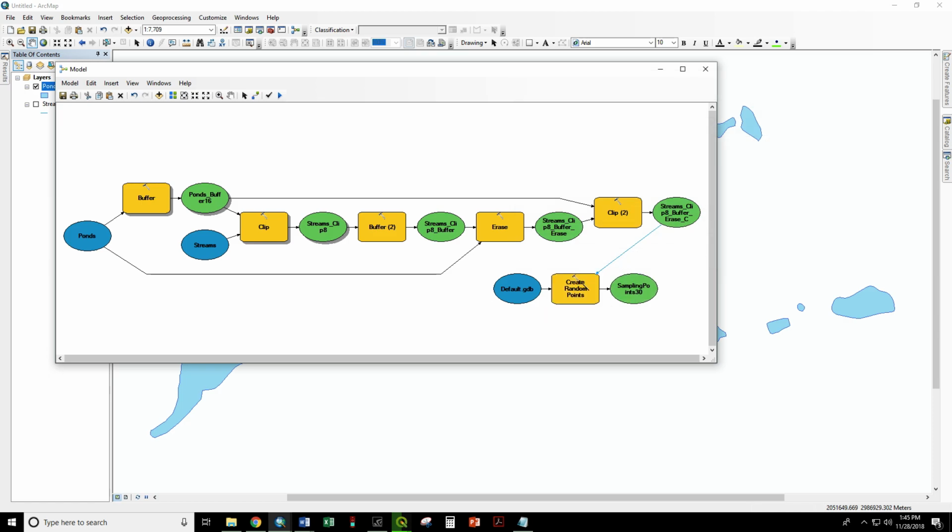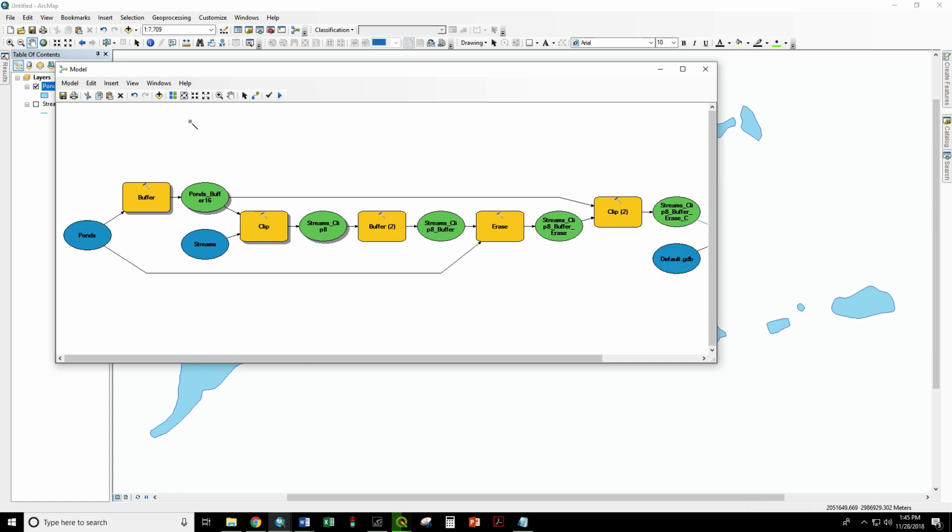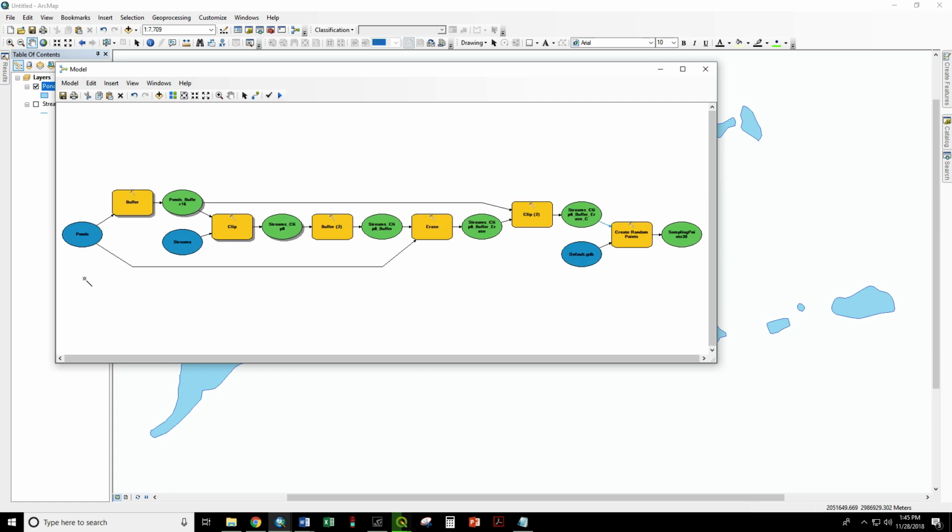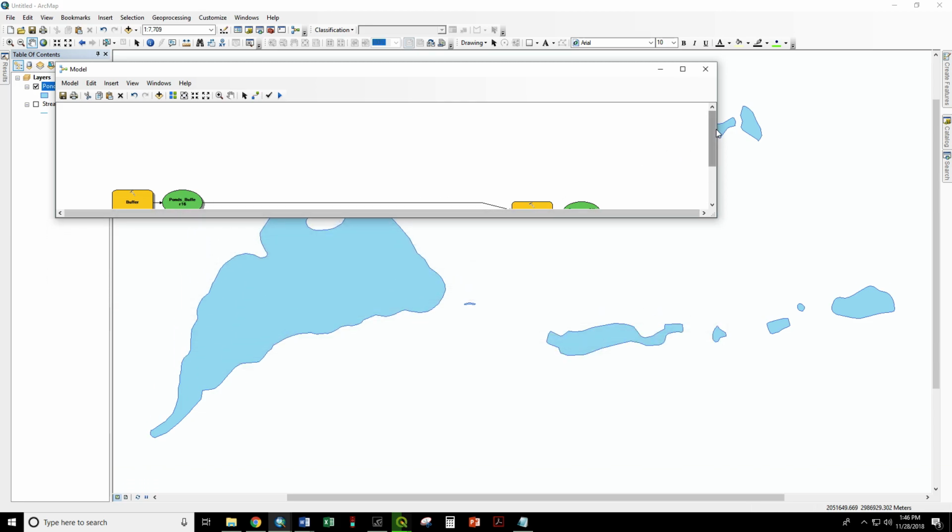Okay, and now this is all ready to run. We're going to hit save. We're going to check the layout, see the full extent. So we are going to take our ponds data, buffer them, and then clip the streams to those data. The stream sections are then going to be buffered. Those portions of the buffer that overlap with ponds are going to be erased, and then we are going to clip that output to the original ponds buffer. We are then going to create those random points within our potential sampling area and then navigate to those in the field. You can shrink that down,